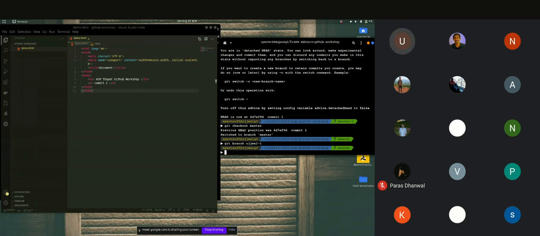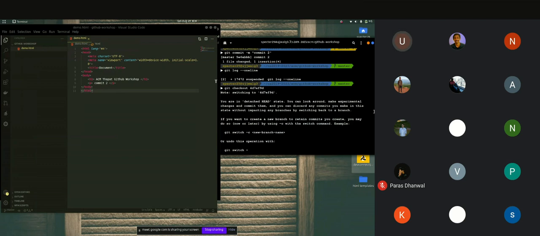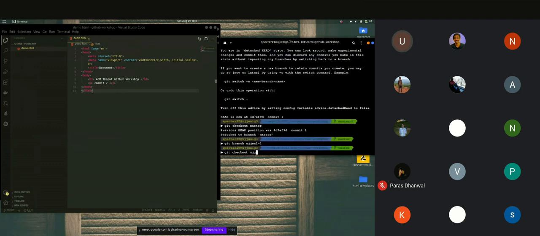Okay, so we have now created a branch, but we are still on the master branch. Now I want to switch to the new branch that I created and code everything from there. So I will use git checkout again, but instead of using it with a SHA hex, we will use it with the name of the branch that we created.